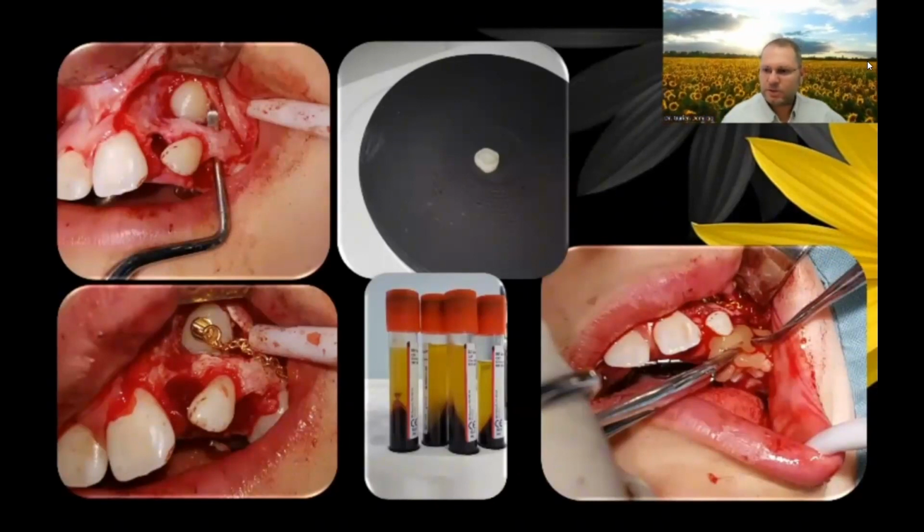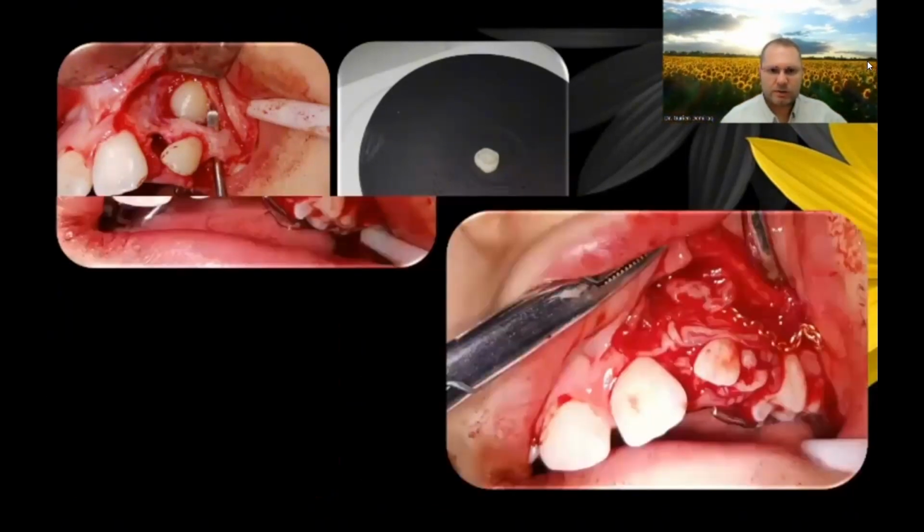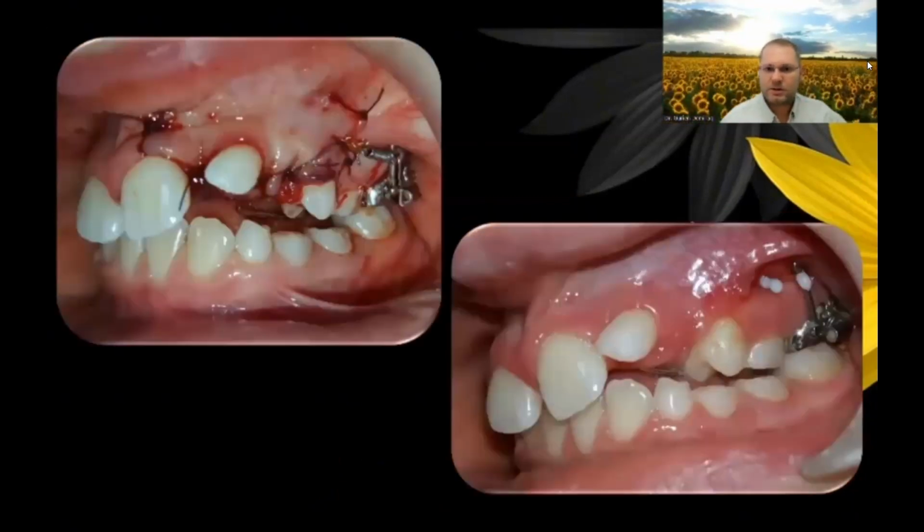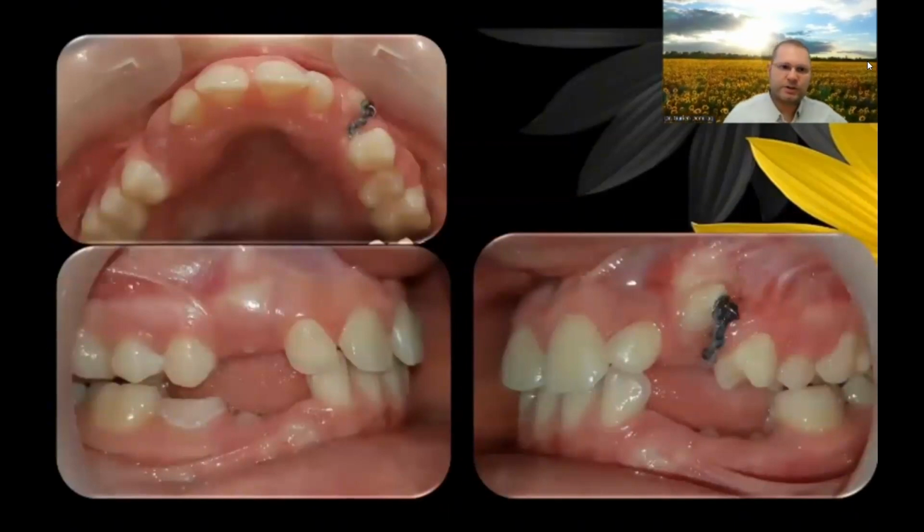And as you can see, BCGF was placed both sides to improve further the traction. As membranes, it was like 4 membranes placed. And then this is the device that was trying to, first of all, distalize it and then try to upright it and put it in position. This is the situation after the traction, and the other side, as you can see, the other canine is also coming out at the same stage